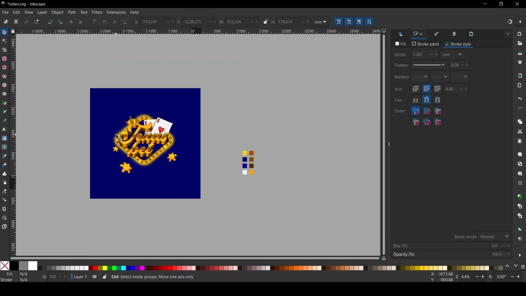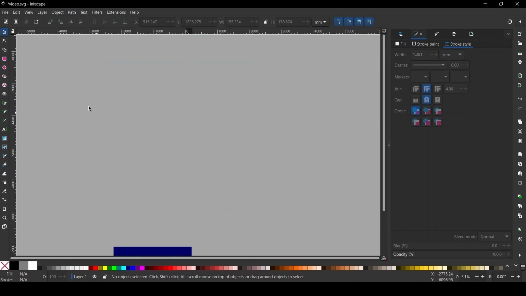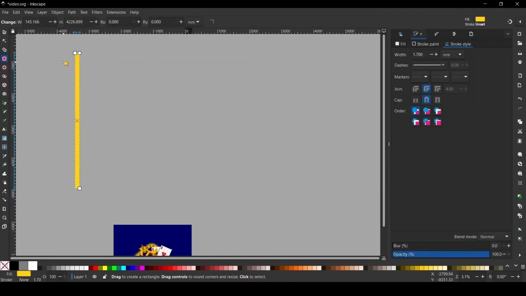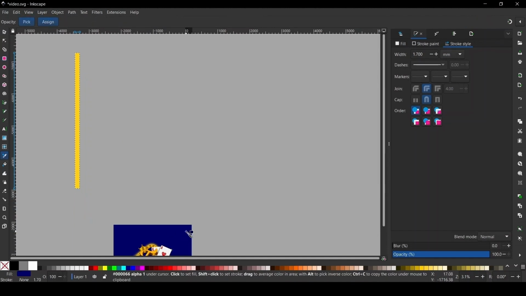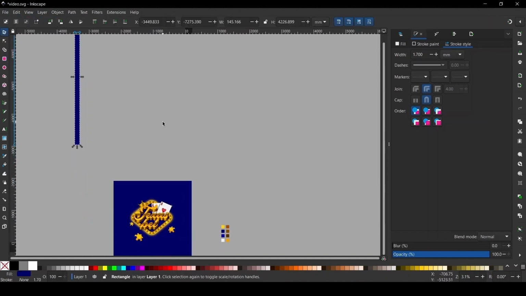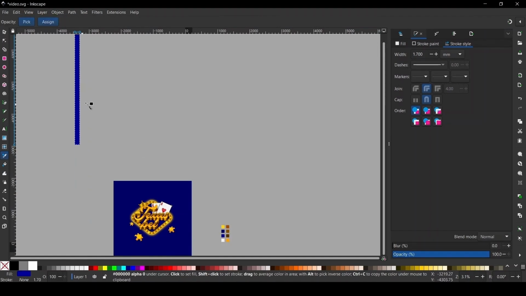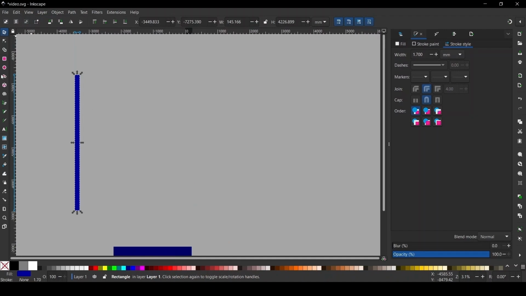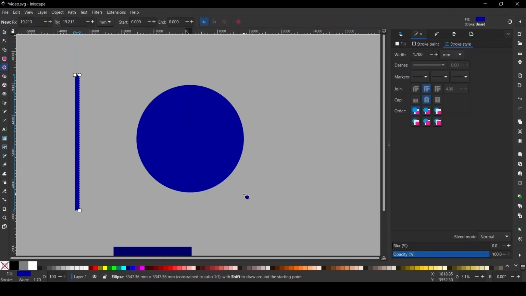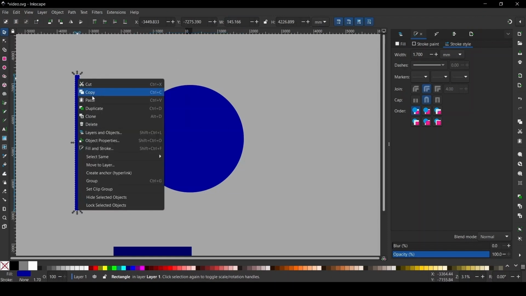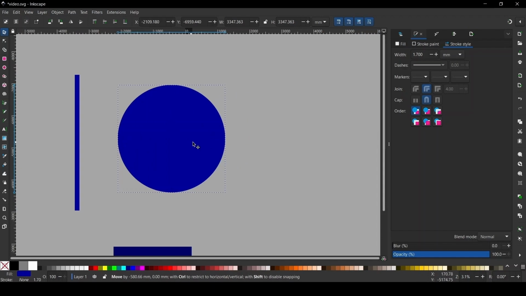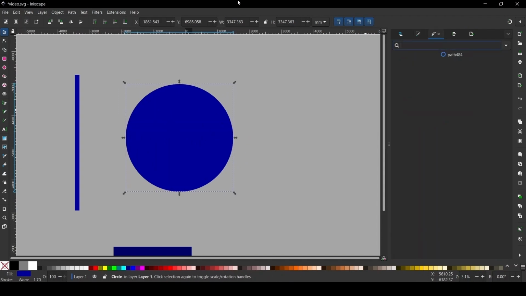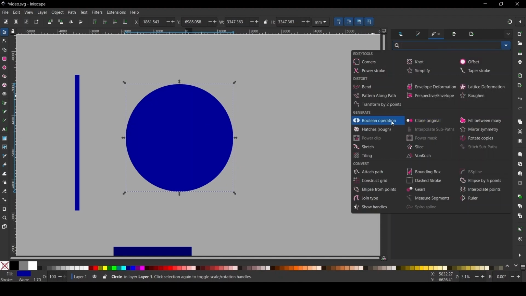So let's just go ahead and do that. I'm just going to move up right here in this empty space. Let's make a rectangle. Then I'll give it the same, this dark blue color. Actually, I'm going to give it, not this, I'm going to give it this blue color. So this one. And then I want to make a perfectly symmetrical circle like this. And what we want to do is click on this object, right click and copy that to the clipboard. And then click on the circle. And let's come over to the Path Effects menu and